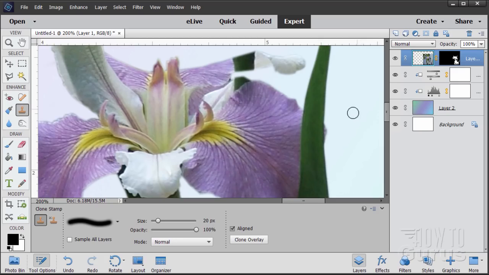I have mine set, there's the size right there. It's set at 20 pixels, 100%, and it's a soft edge brush as you can see here. And then hold the Alt key down. I'm going to come right down to this part of the flower here. That looks like a pretty good match to the values in there. Hold the Alt key down, click, that sets that spot, and then come up here and begin painting in,